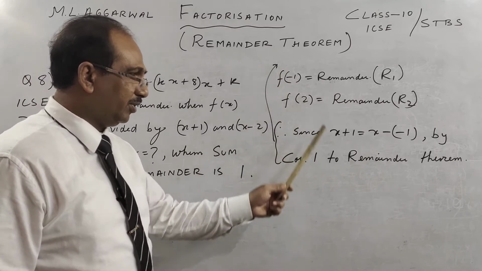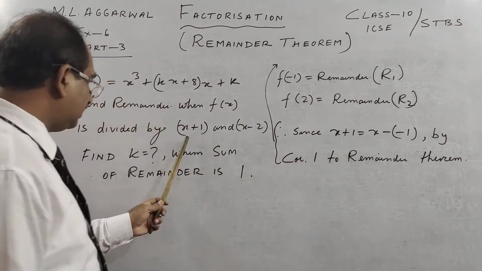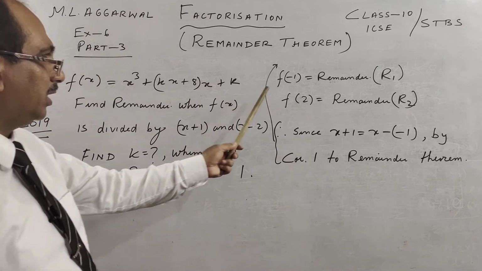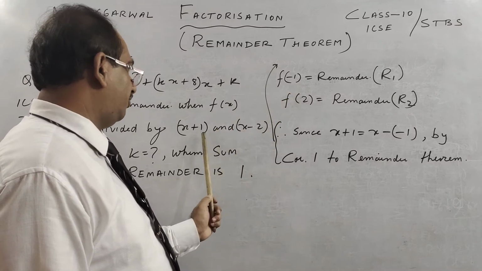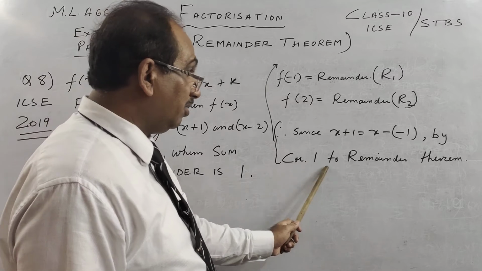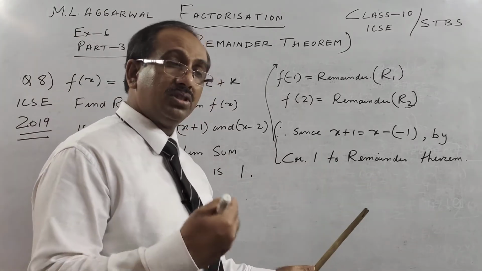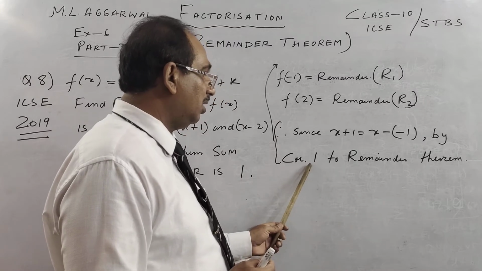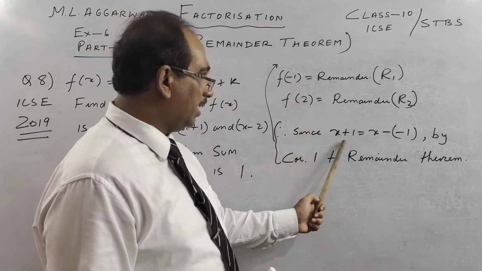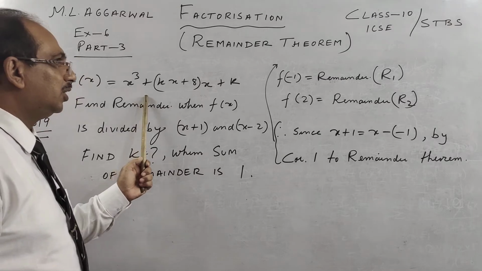So this you write first, since x plus 1. What we do is change the sign, children. I told you, when x plus 1 is there, you put f(minus 1). If it is minus 2, you put 2. This is the logic we apply by corollary 1 to the remainder theorem. Similarly, a similar question comes in the factor theorem, where we call it corollary 1 to the factor theorem. So this is how you write this up. X plus 1 is this. So f(minus 1), when you put it here, you will get remainder 1.